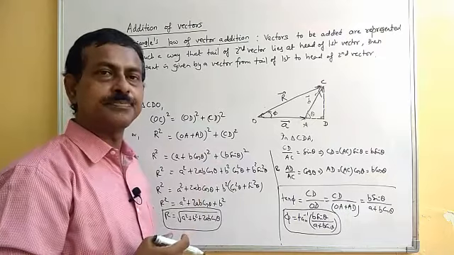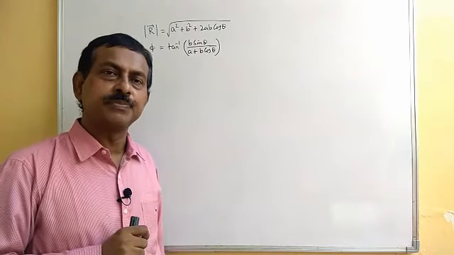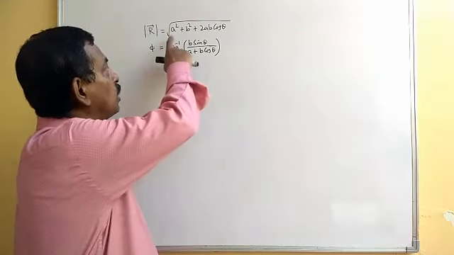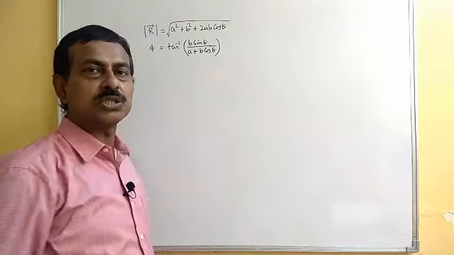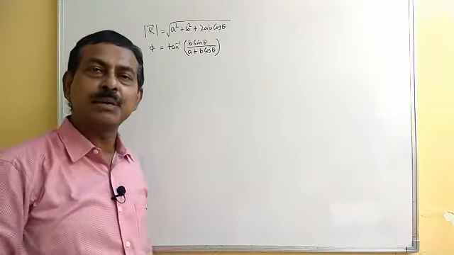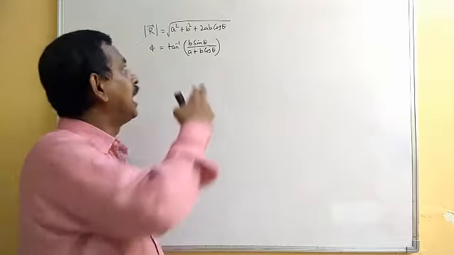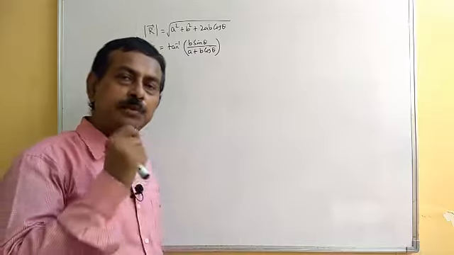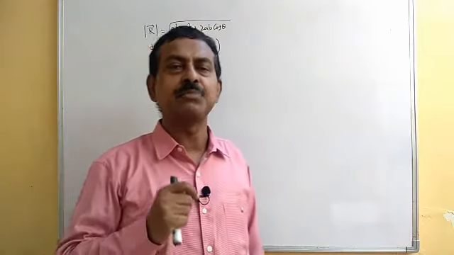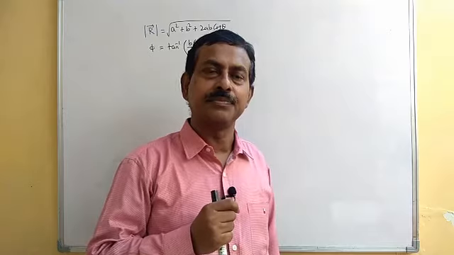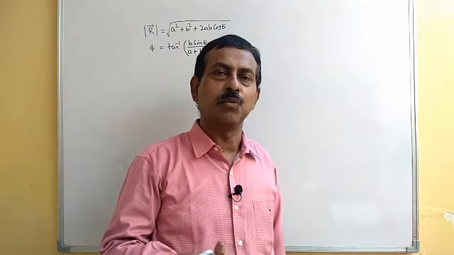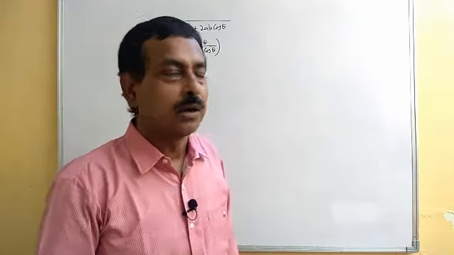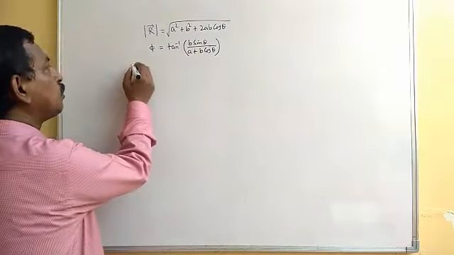get the resultant. For the addition of two vectors, we have got the expression for the magnitude of the resultant vector as the square root of A square plus B square plus 2AB cos theta, and phi, which was the angle made by the resultant with the vector A, as tan inverse B sin theta by A plus B cos theta. If you now take different cases here, that means we take different values of theta, then what magnitude value we get, what angle we get for the resultant. So let's take these cases. Suppose we take case 1